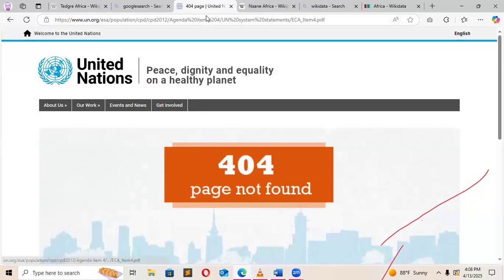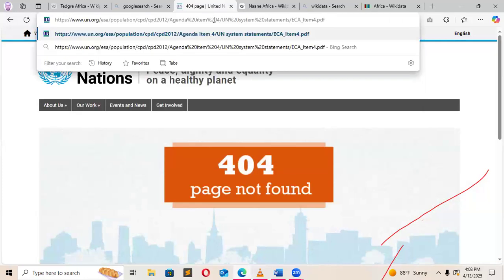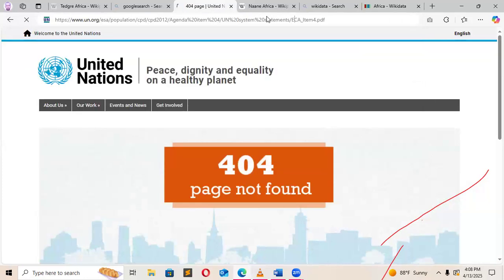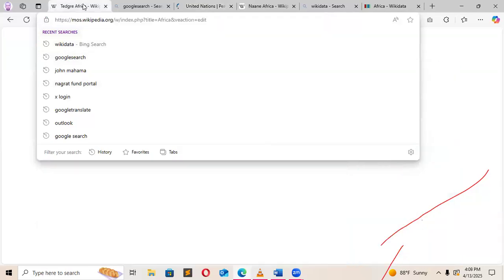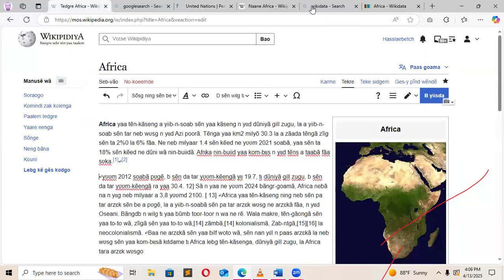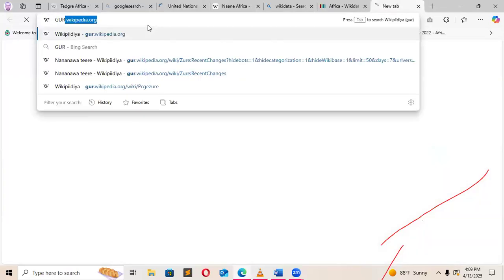You click on the link and copy the link. Right click, copy, or you can use Control C. You go to your article. For example, let me use the Gruni one. Let me open a new one and see what I'll do. Gruni Wikipedia. They have site there. So you understand what I mean. So we don't copy directly from the reference and paste it.